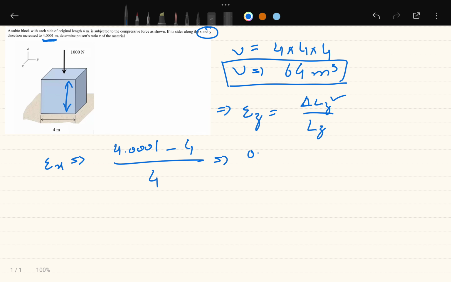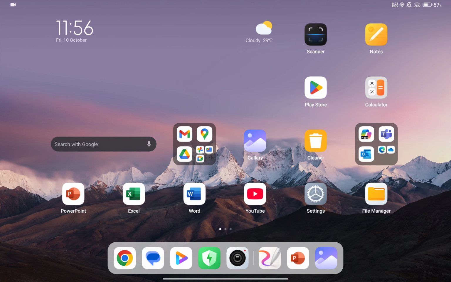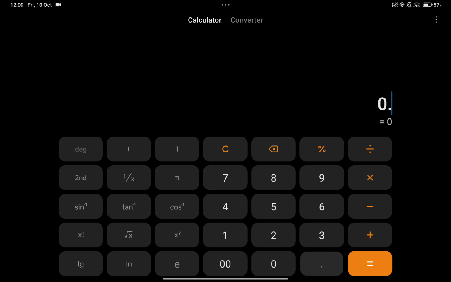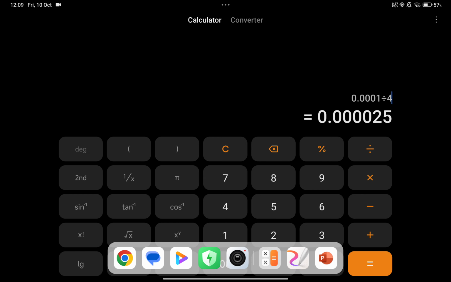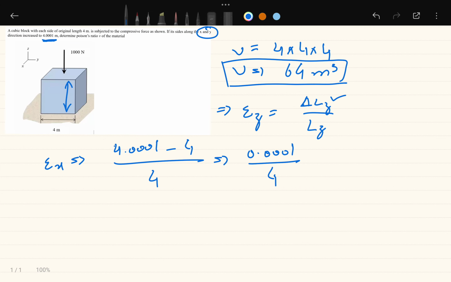That is 0.0001 divided by 4, which gives 0.000025. Keep in mind it will have no units,